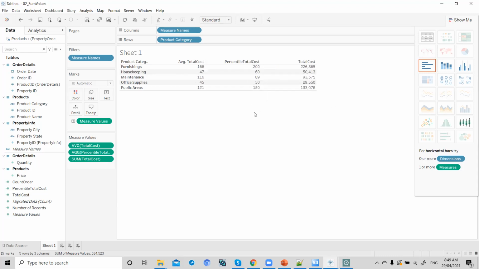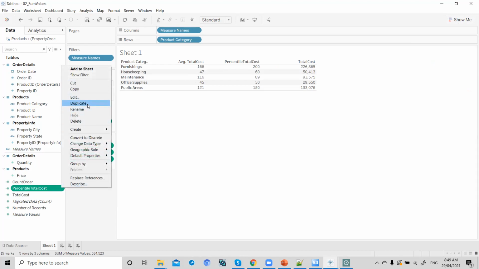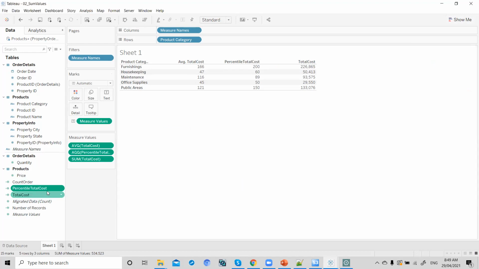So this is my 70th percentile. What we can do is even add a range. Right now we hard coded our value here as 70%. If you want to make this 70 my parameter, what we can do is